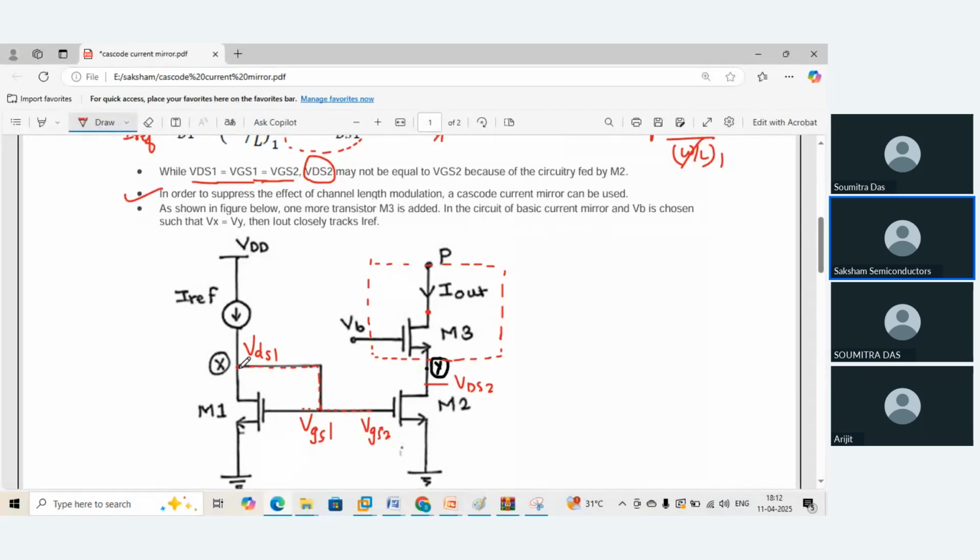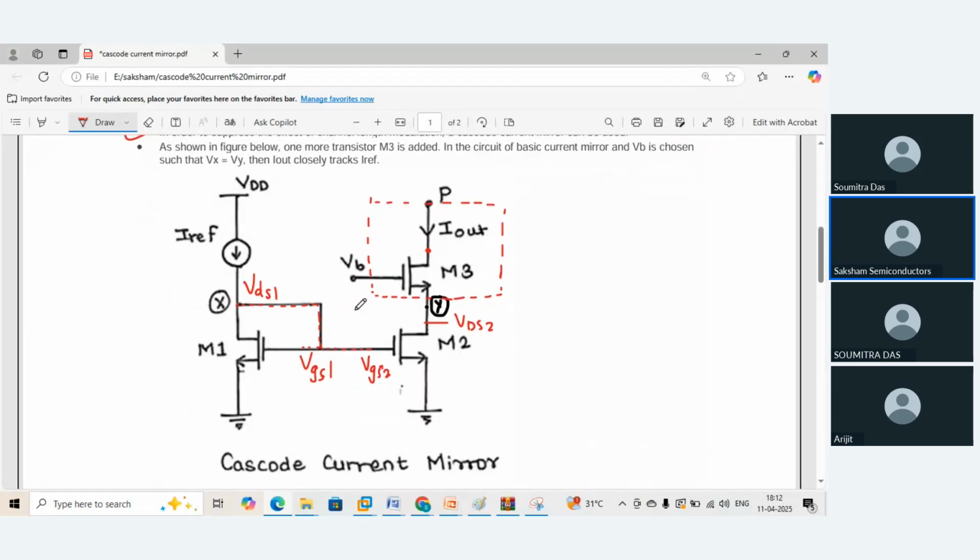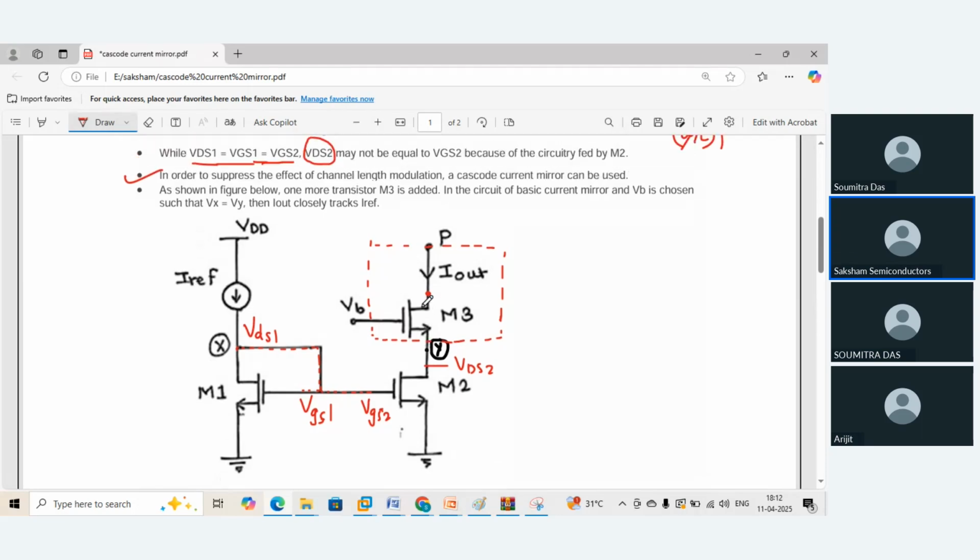Now, how do I do that? Now, I have taken this circuitry. This is a cascode current mirror where you can see the two MOSFETs, M2 and M3, are being stacked one over the other. That stacking of MOSFETs one above the other is called cascode or cascoding. So what I do over here,